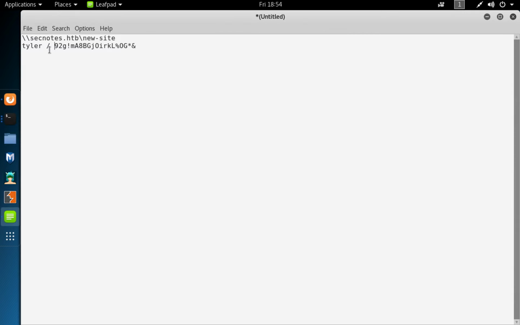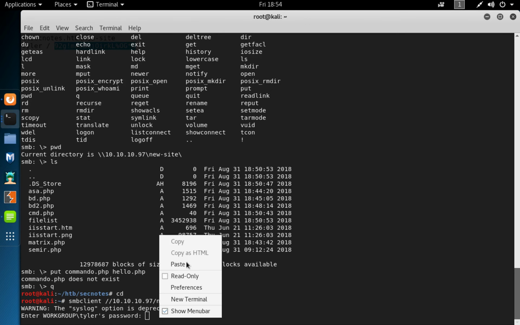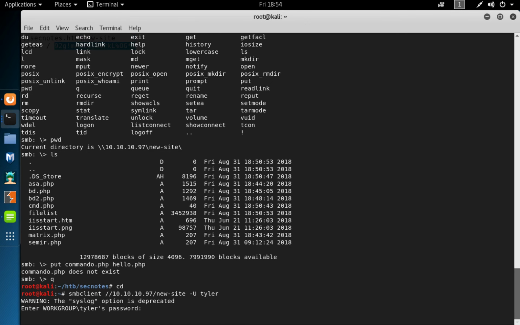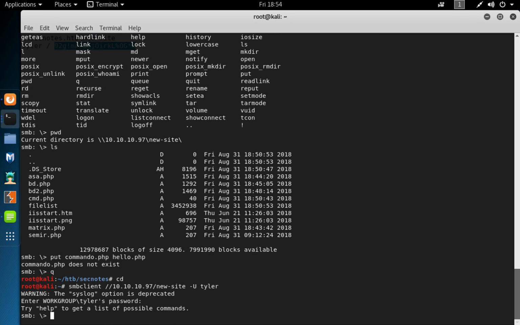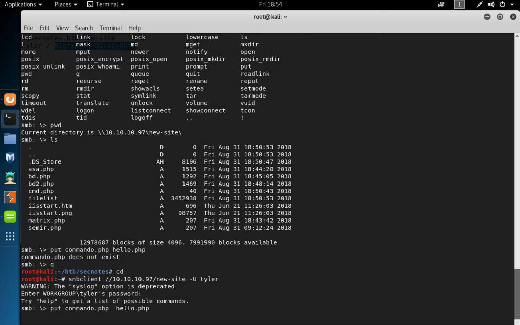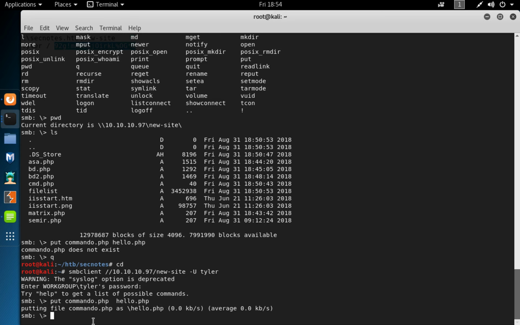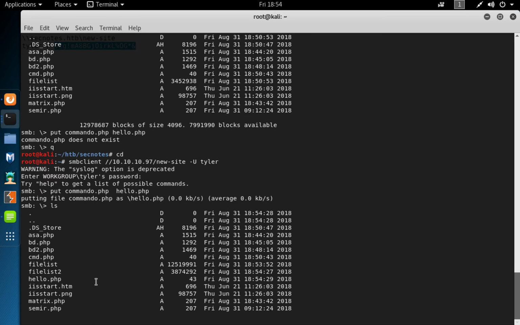Put in the password. And then put commando.php hello.php, and you can see we actually got it. So if we do a list, we can see the file